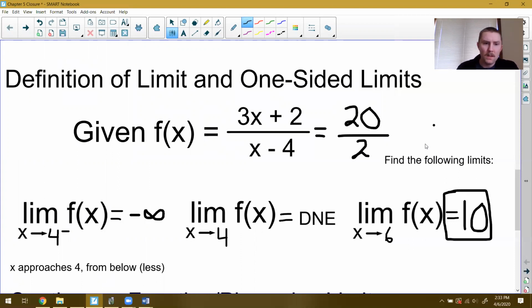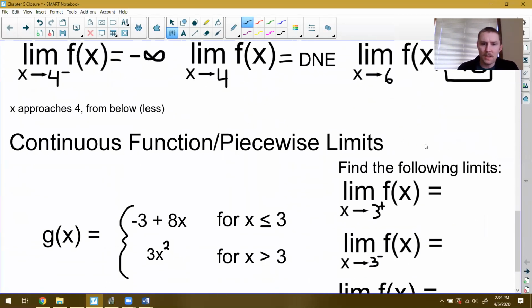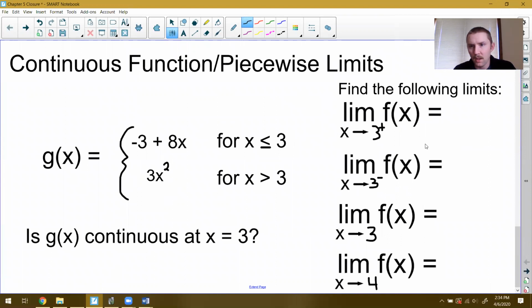All right. Okay, the last piece, and possibly the most complicated, is piecewise functions and limits of piecewise functions. And not only that, but within that, we sort of look at what does it mean for a function, specifically a piecewise function, to be continuous. All right, so